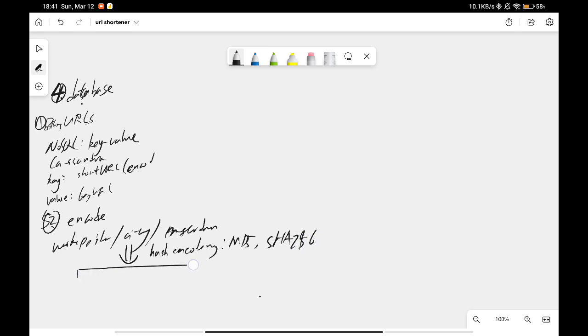And then we got an encoded URL, and then we want to return a fixed length URL. Maybe we can use base 64 encoding to limit it to a length of 7 or 8. So let's say we want to use base 64. That means for each character there are 64 possible things that can be represented, and if we have a length